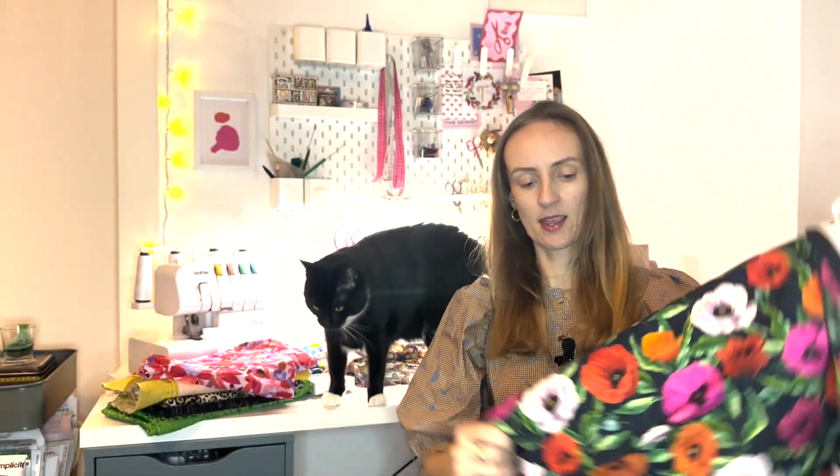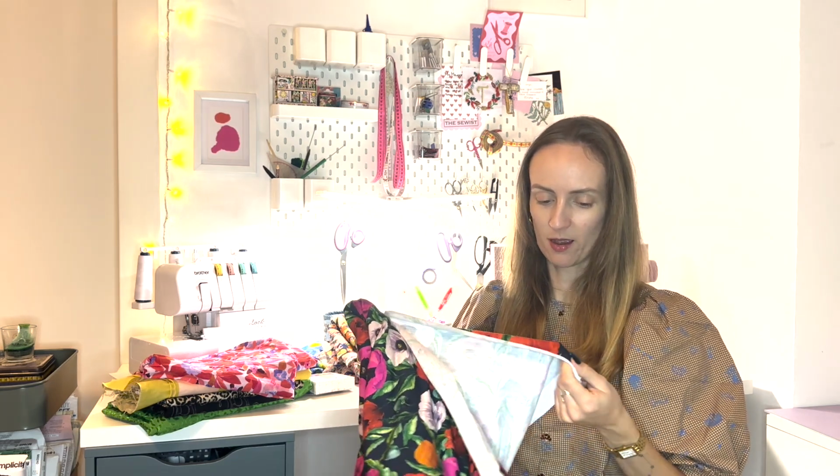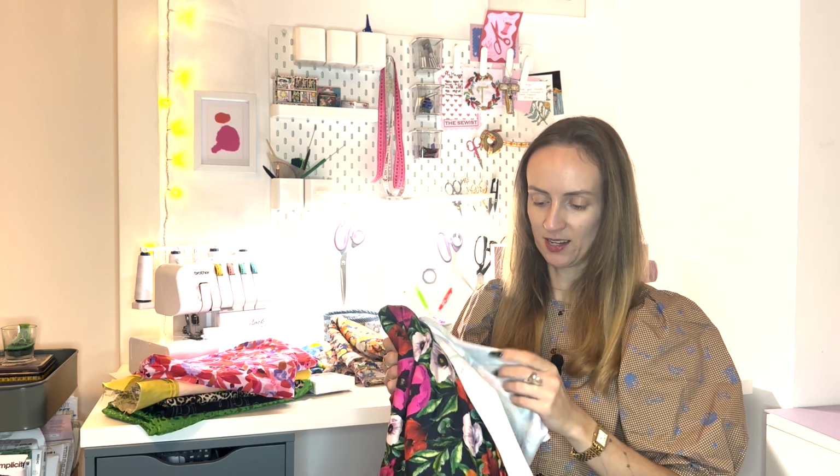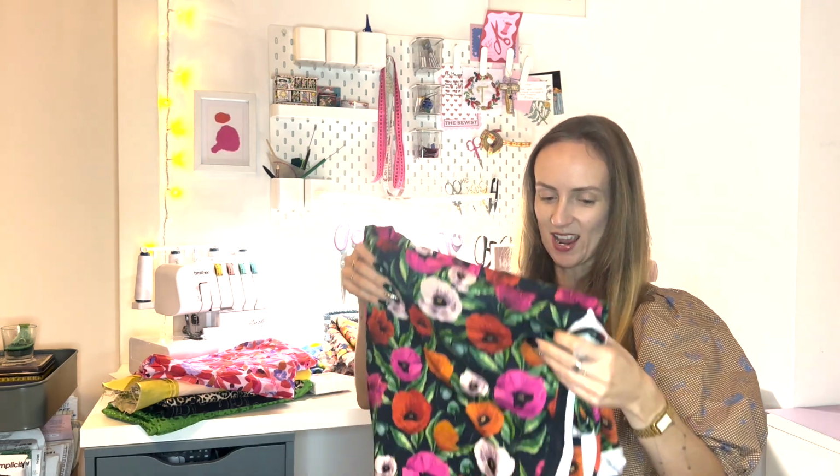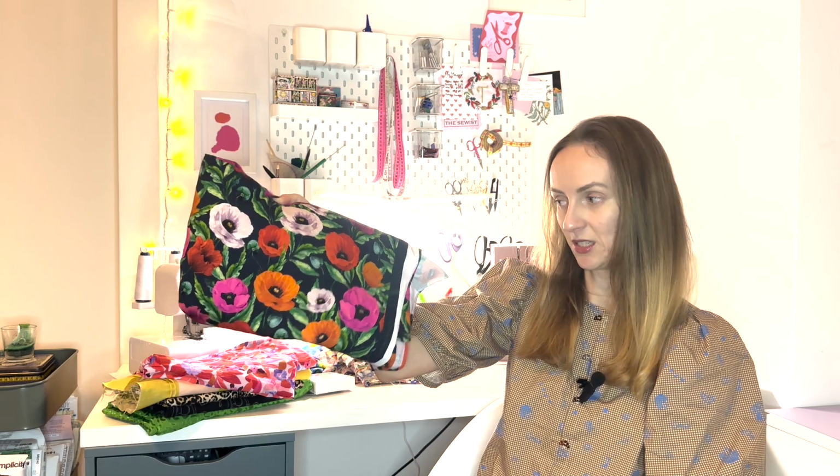And you can see here on the back of the fabric that it is a loop back French terry. And I am thinking about making the Len top by Laure Piaf from this one, but I only need about 80 centimeters for that one, and I have 1.5 meters, and I wouldn't know what to do with 0.5 meter of fabric or 70 centimeters. And I don't really know what to make with it, except for the Len top, because it is quite lightweight and it is only 1.5 meters, so not really enough for a dress. But if you have any ideas for this beautiful fabric, then let me know in the comments down below, because